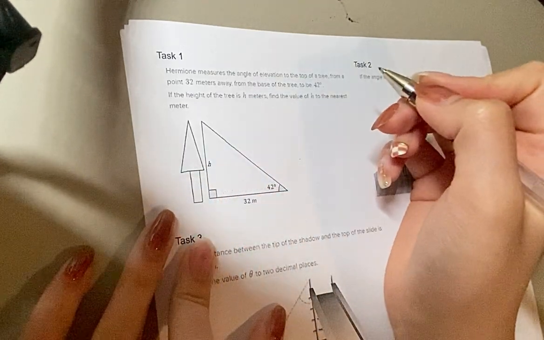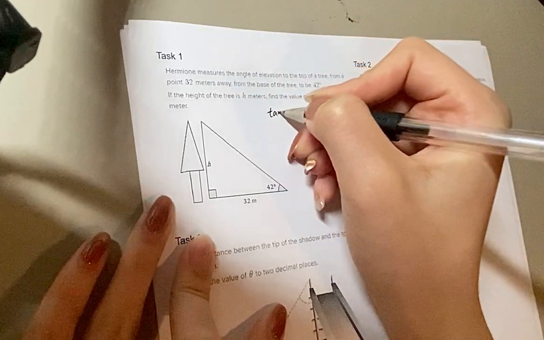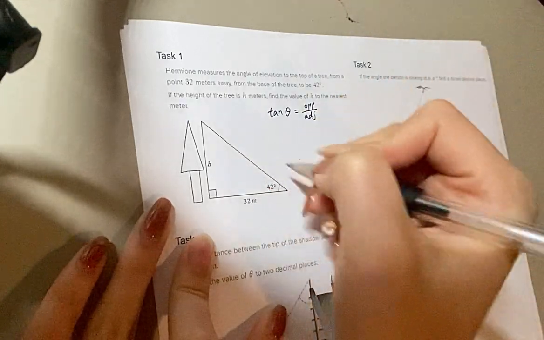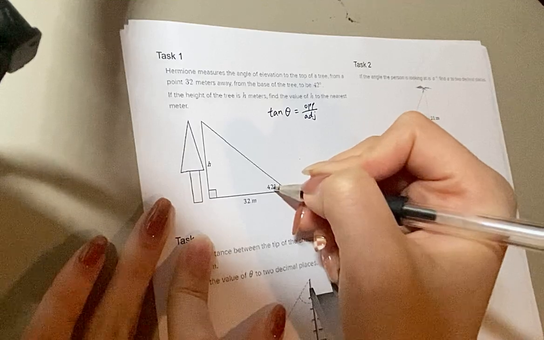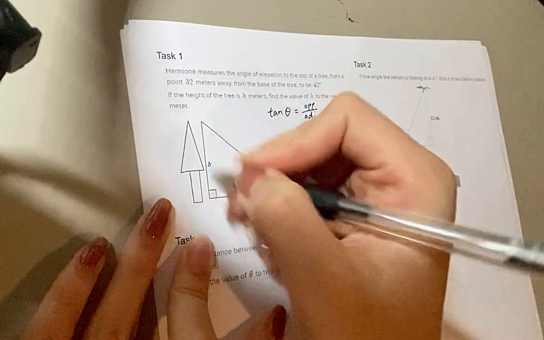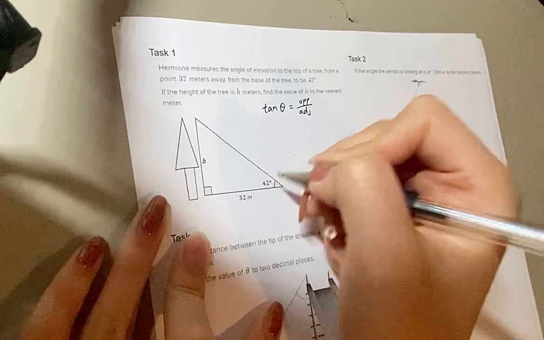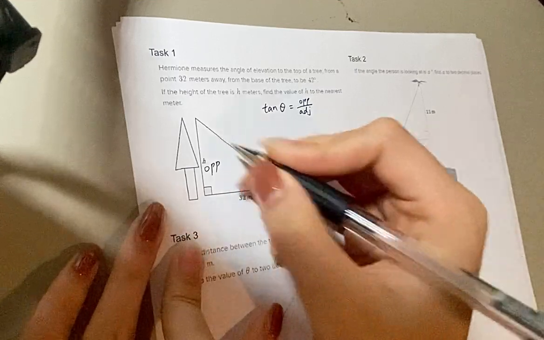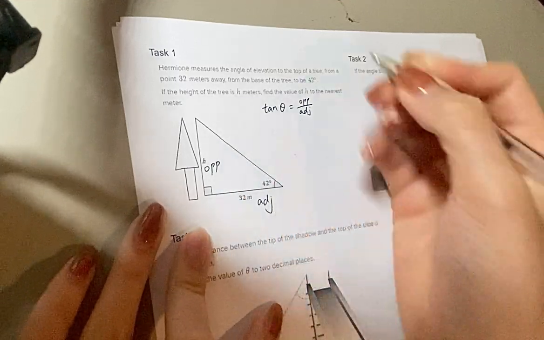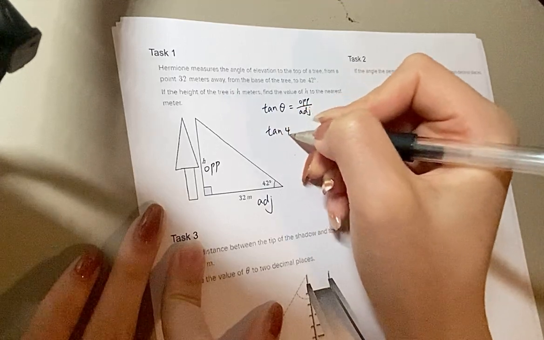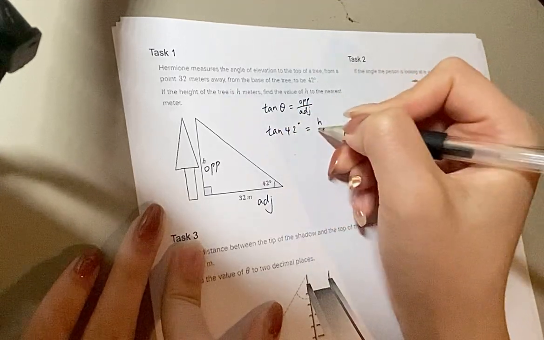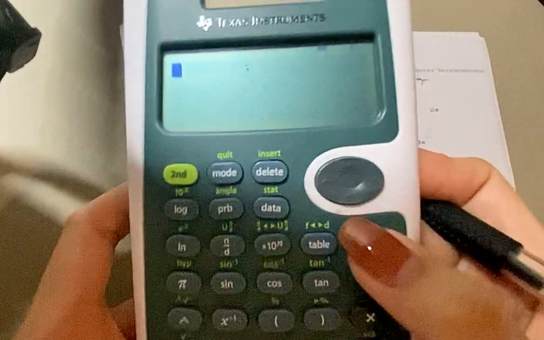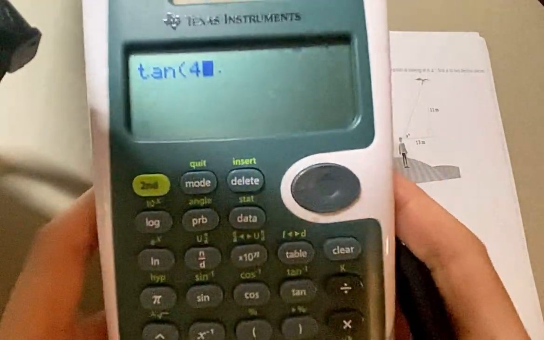And so we can set it up as tangent of theta equals opposite over adjacent. And we have this angle, so this angle is the theta. And this height is opposite to this angle, so we can label this side as opposite. And this side is next to this angle, but it's not the hypotenuse, so this side is the adjacent side. So we can label it as tangent of 42 degrees equals h over 32. So this number, we can find by plugging it into the calculator. So tangent of 42 equals